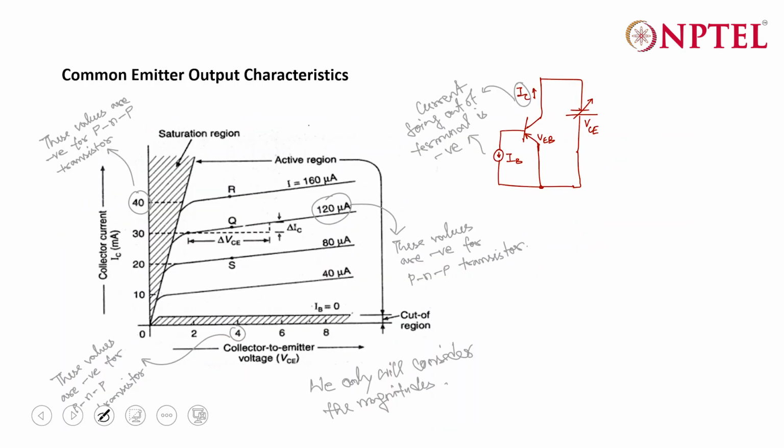Now, let us see the forward bias characteristics and try to analyze this one. Now, the forward bias characteristics, it's not the forward bias characteristics, I'm sorry again, it's the output characteristics. So, the output characteristics of BJT will look something like this. The output characteristics show the current versus voltage. In this case, the current is the collector current and the voltage is VCE, that is collector to emitter voltage. And we are drawing this output characteristics for the common-emitter